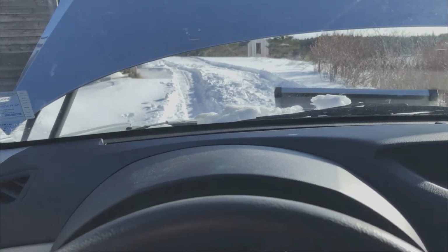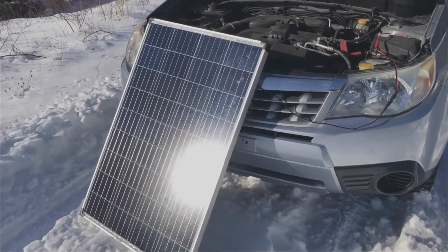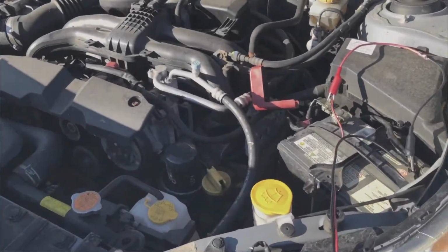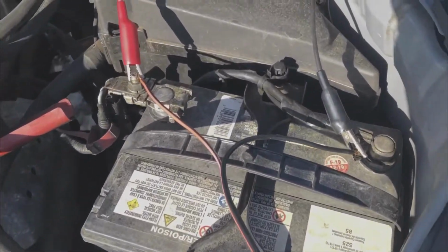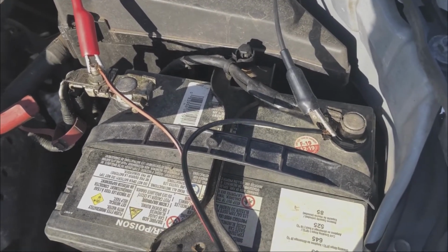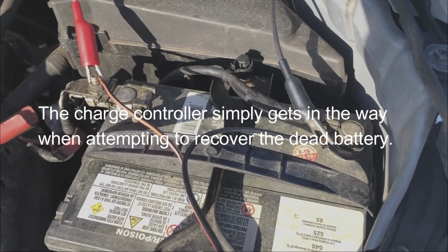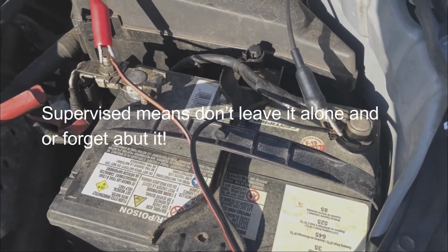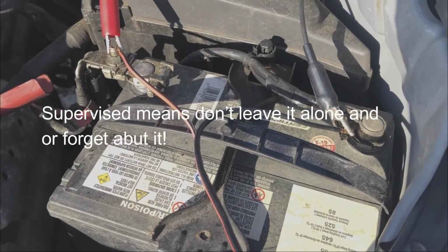solar panel. So I've taken the solar panel and I've connected it directly to the battery. No charge controller, no regulator, just the positive of the panel on the positive terminal and the negative of the panel on the negative terminal of the battery. And there's a reason for this. This is definitely the best thing to do if you're going to do a supervised recovery of your completely discharged